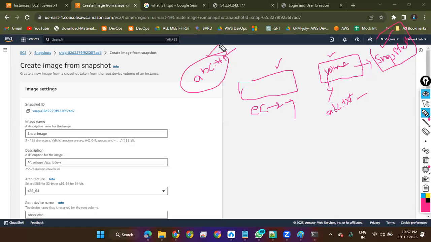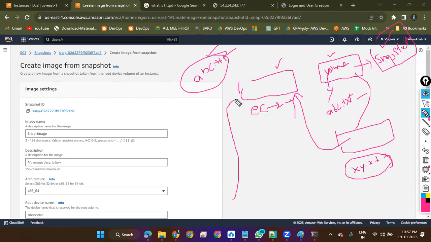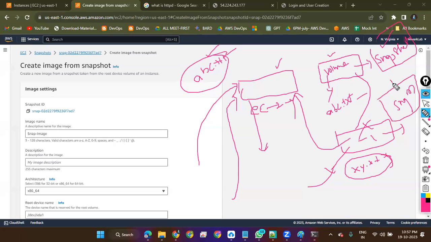I forgot this. What I'll do, I'll create a new volume and I'll create an xyz.txt key pair and attach it. When I attach it, I could use this key pair to log into this server, and I have a snapshot of it. I'll take a snapshot, then after I'll delete this volume once I have logged in. But whenever the same case arises, I deleted this volume, right? So I can create one more volume from the same snapshot.